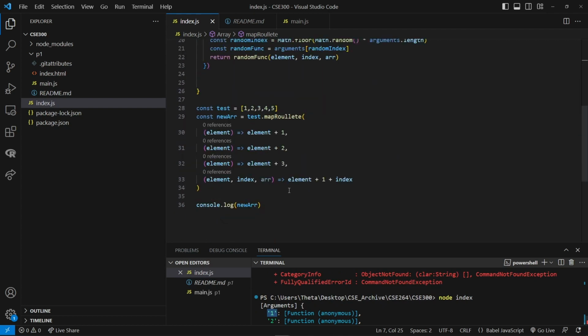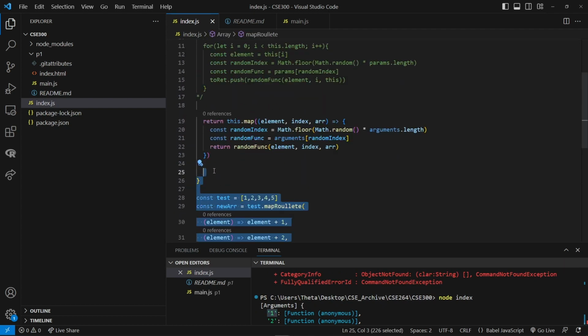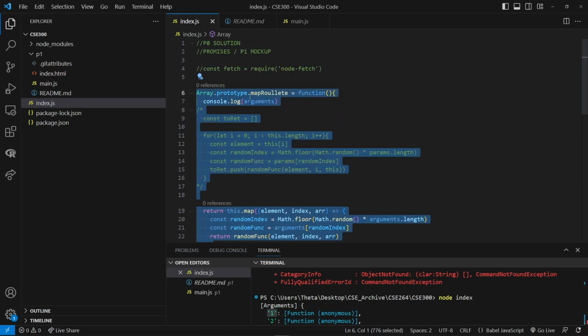Okay, so that's the assignment. If you had this implementation, nice work. That's all you really needed to do besides the video. So for P1,